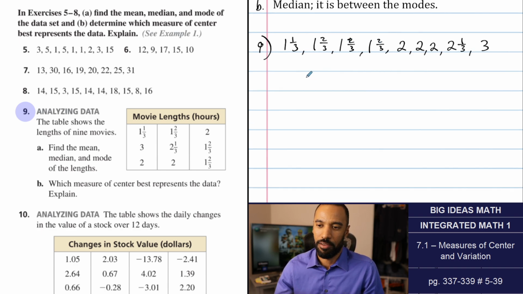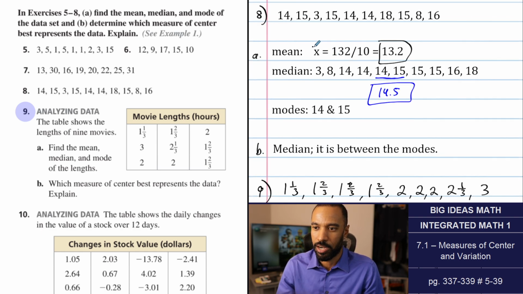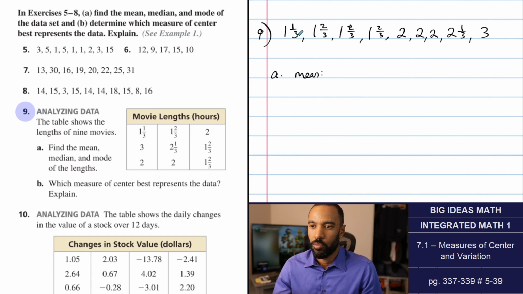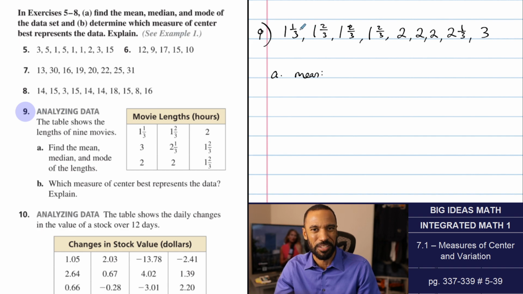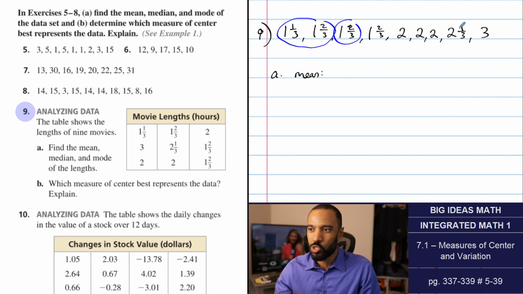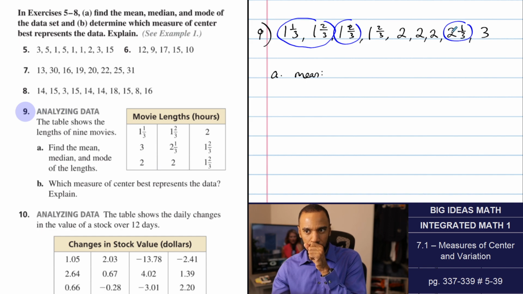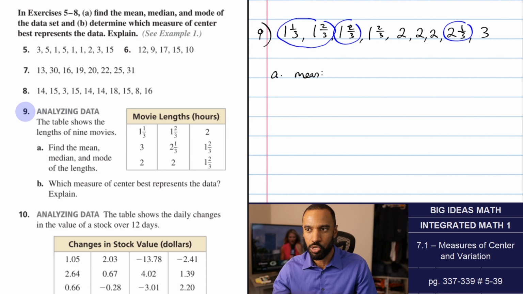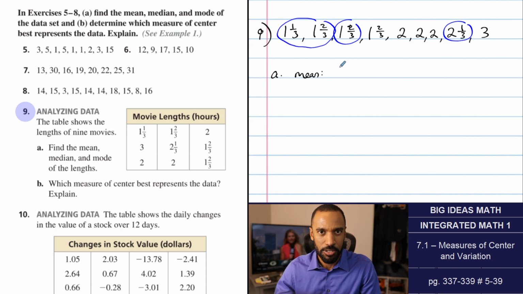So find the mean of these things here. Did I ever do X bar up here? I did not. I apologize. The mean. We're going to add these here. It's kind of bizarre to do. I don't like dealing with mixed numbers, but here they are. I'm going to do as best I can. Just these two add to 3 hours. This one and this one add to 4 hours. And then 3 plus 4 is 7. Excuse me. 10, 12, 14, 16, 17 and 2/3. So 17 and 2/3